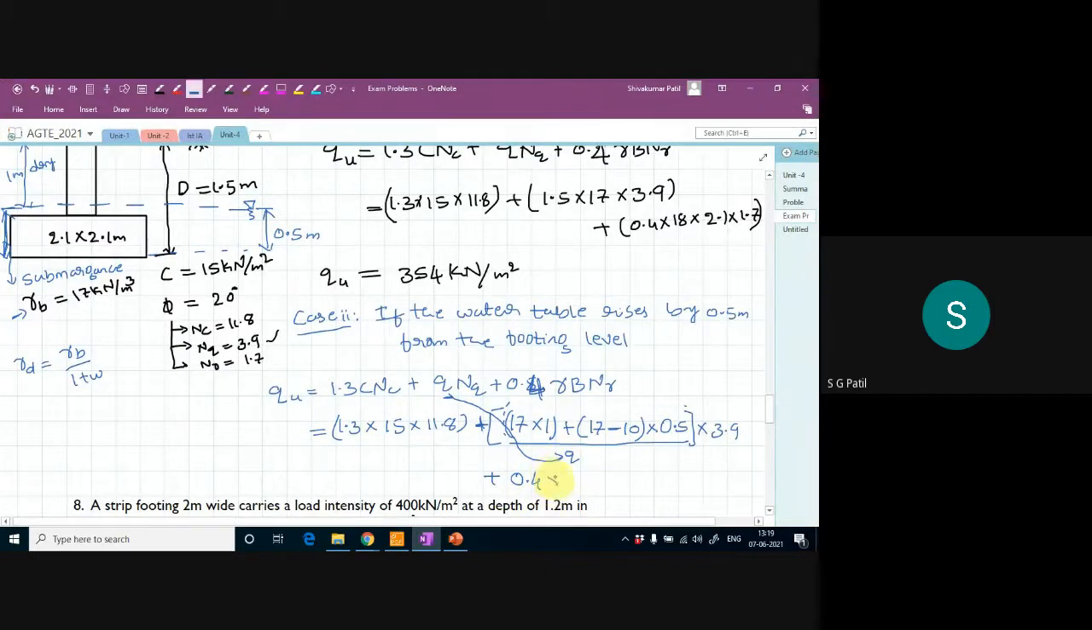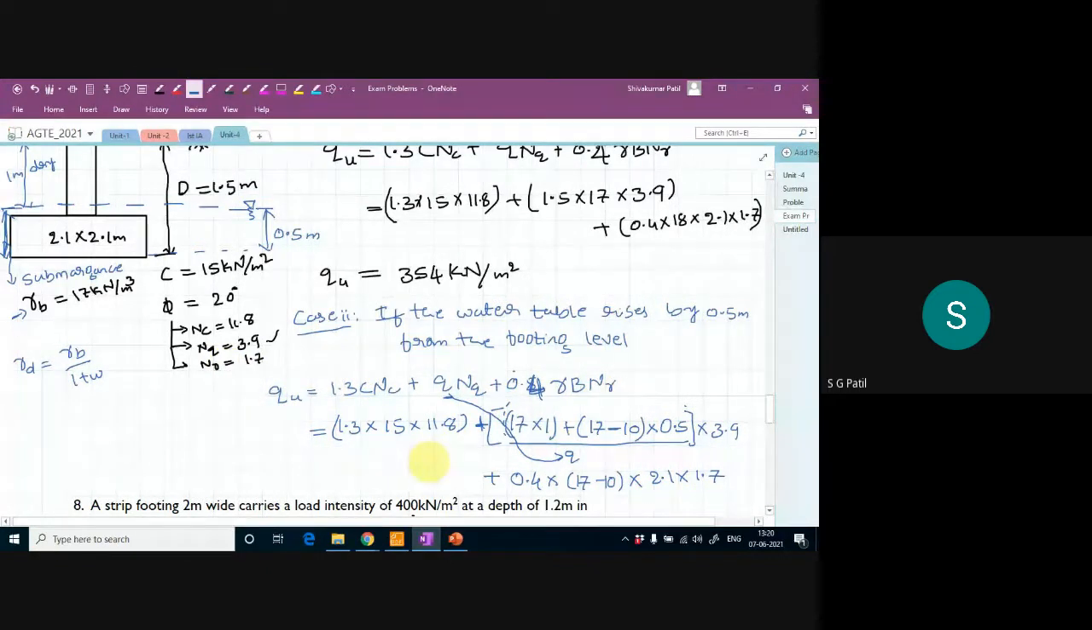0.4 into gamma. Now I have to take the submerged density, because the third term is contributed by the soil present below the footing. The soil present below the footing is under submerged condition, so I have to take the submerged unit weight. 0.4 into